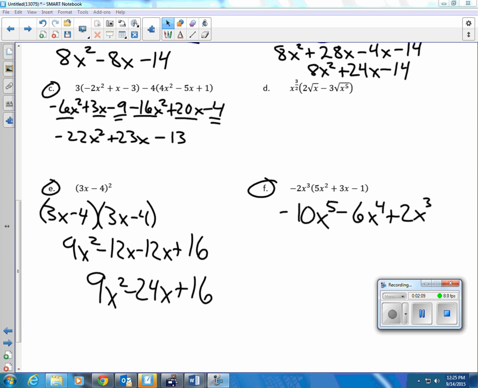Okay, letter D. Oh boy. What to do, what to do, what to do. What do you want to do? Good. X to the 3 halves. 2x to the what? 1/2. Very good. Minus 3x to the